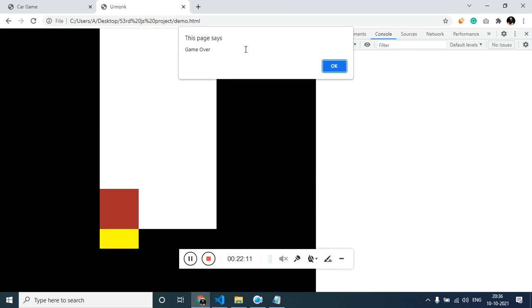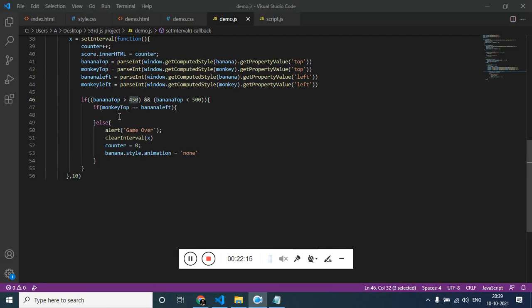Now let's catch this. Okay, that's a CSS problem, let's fix that. That's a silly mistake, you can see it should be left, not top. Let's check again and again. If you see, I have made this 10. Let's refresh it, leave it, let's try to catch it.